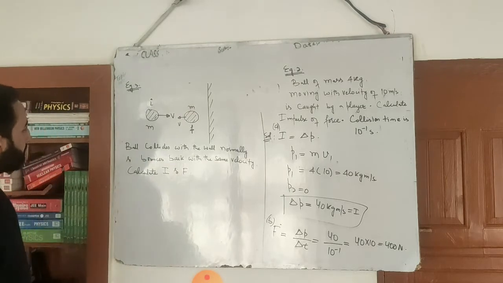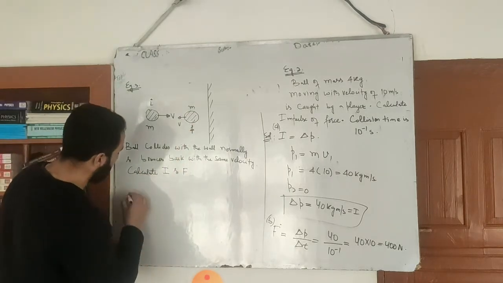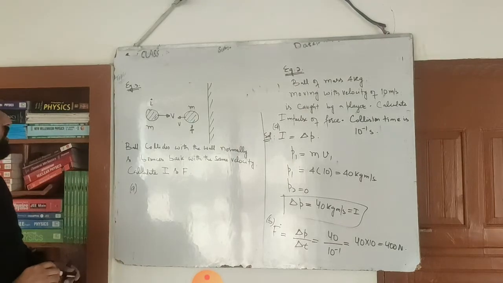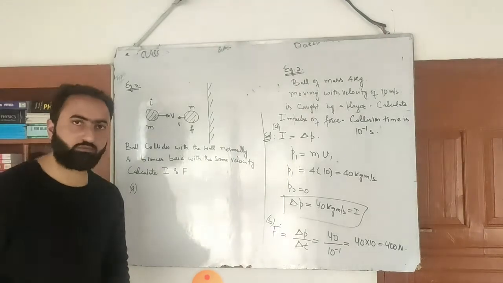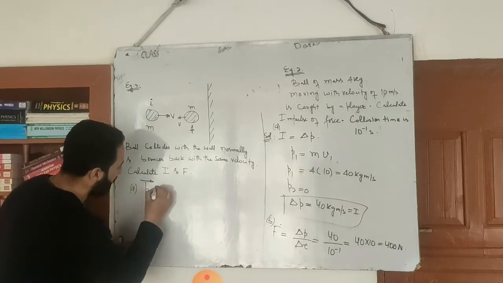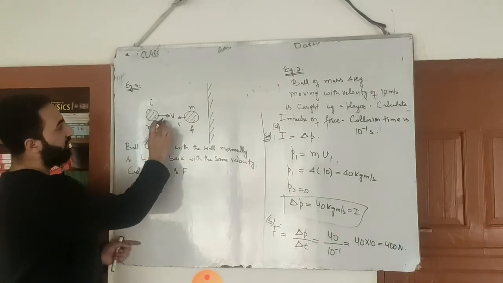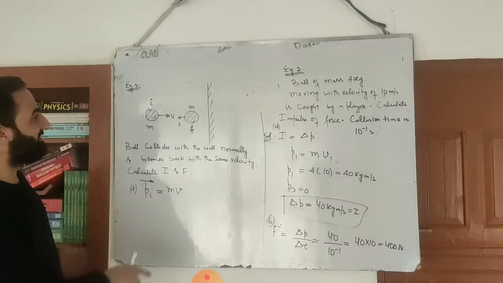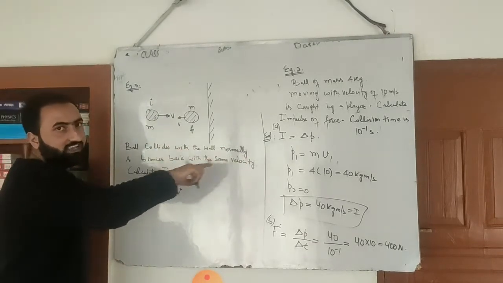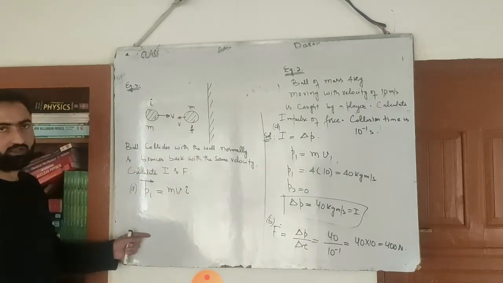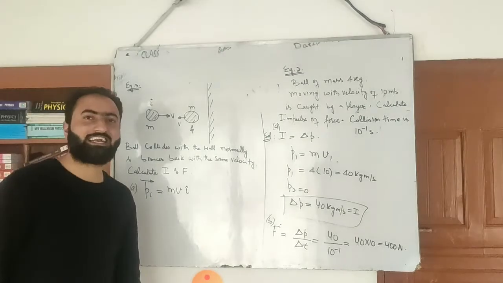Okay, so here I will write A part. Let's first of all calculate impulse. In order to calculate impulse, we will calculate the change in momentum. So here I will write initial momentum, P in vector form. Initial momentum is mass multiplied by velocity, so m multiplied by v, and since this is a vector quantity directed along the x direction, towards right, here I will write unit vector i cap, because i cap is a unit vector that is directed along the positive x axis.